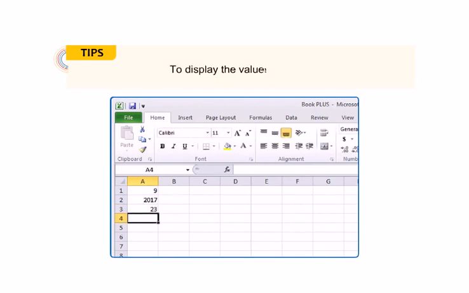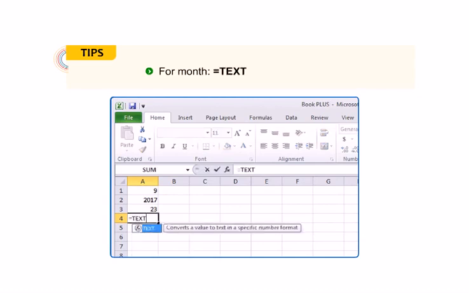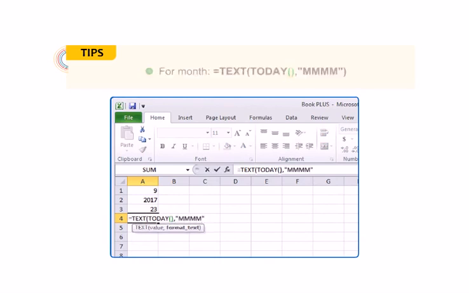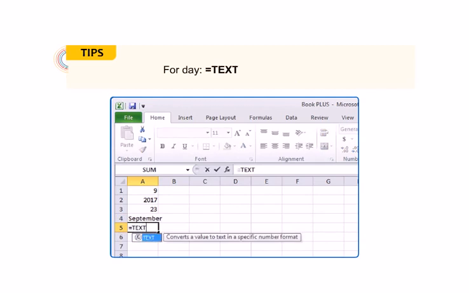To display the values in text form, for month: =TEXT(TODAY(),"mmmm"). For day: =TEXT(TODAY(),"dddd").